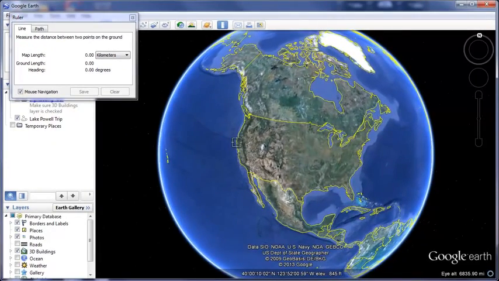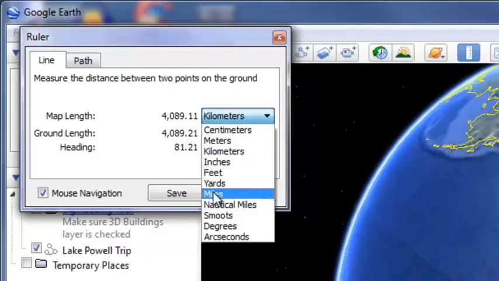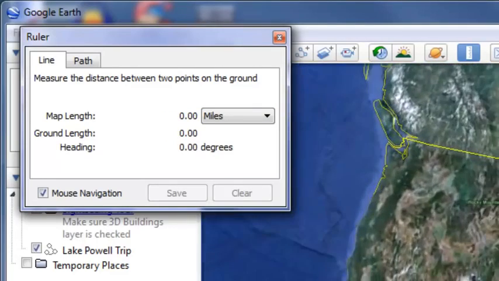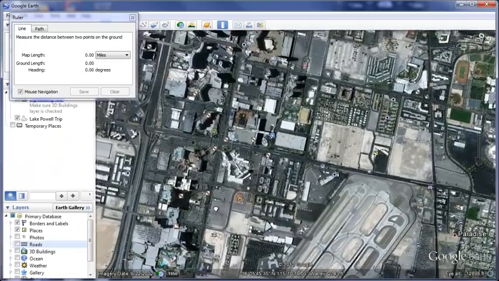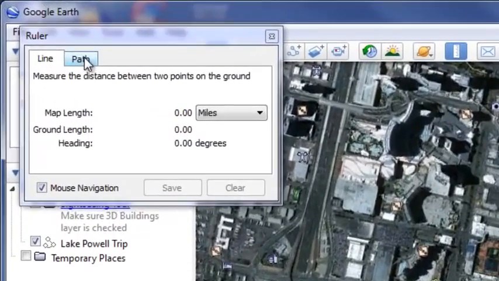Then I'm going to click on one spot and then let go of the mouse and then click on the final spot, and it tells me that that is approximately 4,089 kilometers. Or I can change that on the fly to miles, 2,500 miles. Now if you've been to a new city and you would like to measure a walk that you did, and let's say you got left at the airport and you had to walk up the strip from the airport,